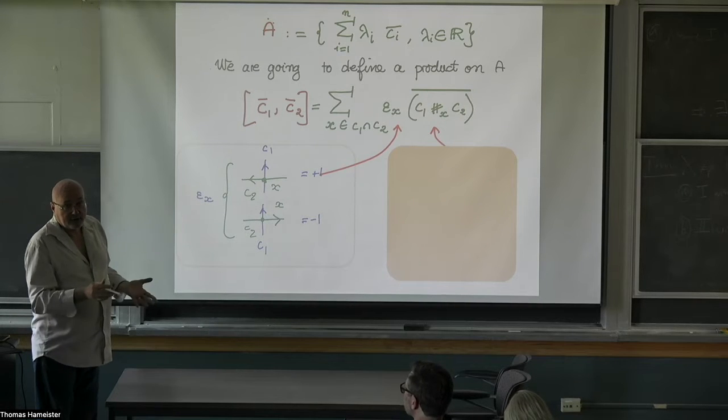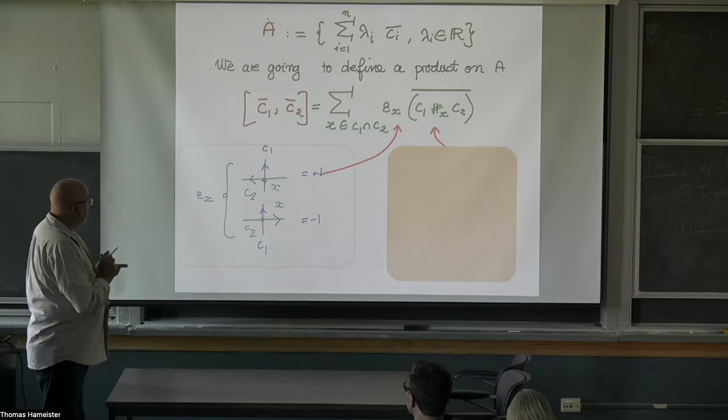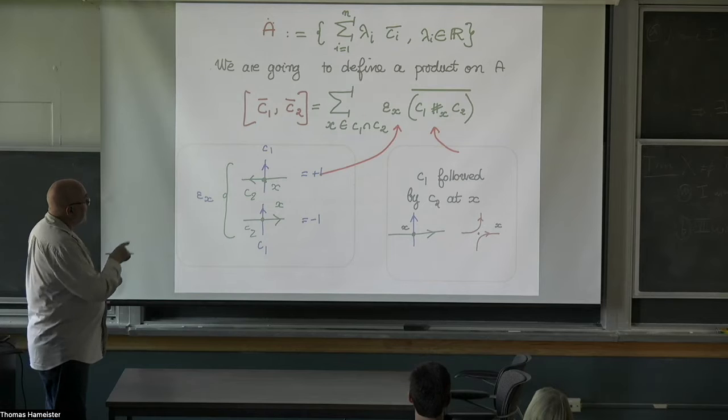So your curves are oriented, so you can define whether they intersect positively or negatively. And these are the two cases that appear here. So you have a sign which depends on that. And then what you can do is that at the intersection point, you can